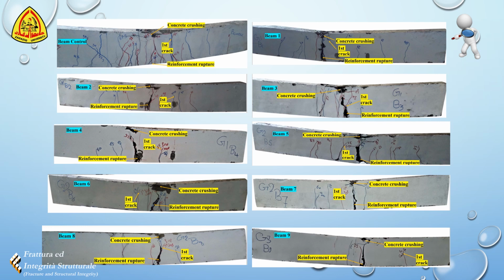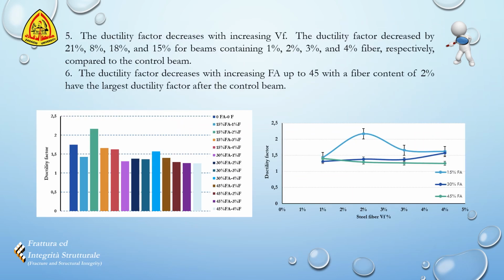Figures of failure mode. The ductility factor decreased with increased volume fraction. The ductility factor decreased by 21%, 8%, 18%, and 15% for beams containing 1%, 2%, 3%, and 4% fiber, respectively, compared to the control beam. The ductility factor decreased with increased fly ash up to 45%, with fiber content of 2% having the largest ductility